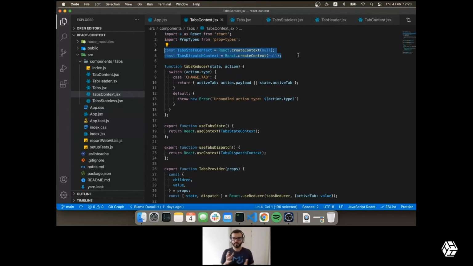But there are two for one main reason: if you have only one context and you want to manage a state and also provide an API for people to use, then if somebody has a part of their application where they just want to present the state and another part where they just want to update the state, in a single context, every time they update the state,